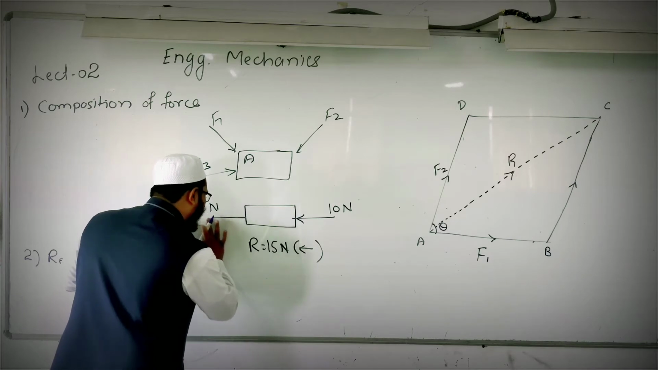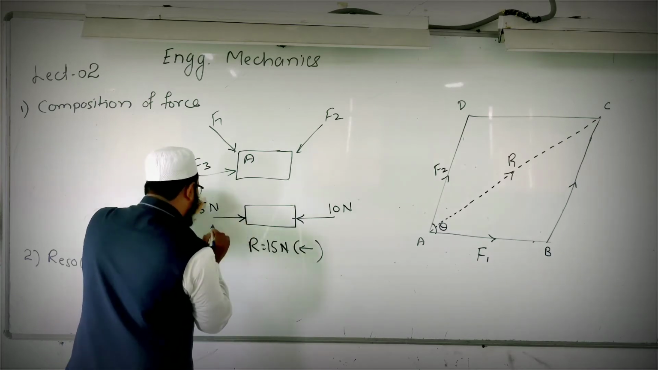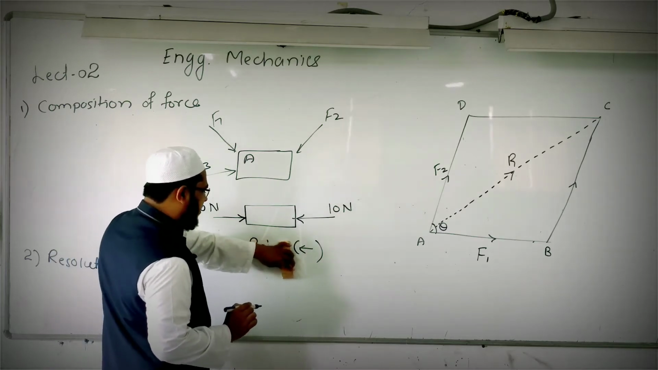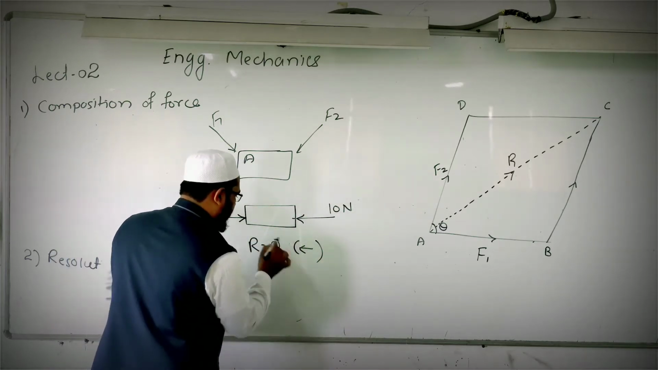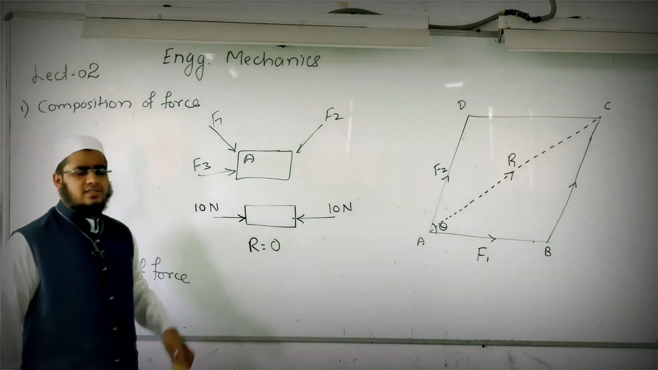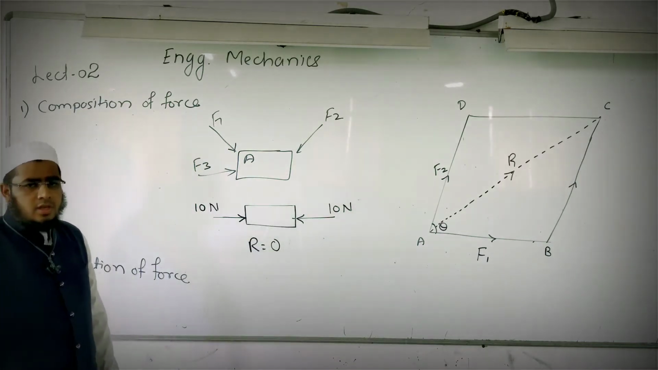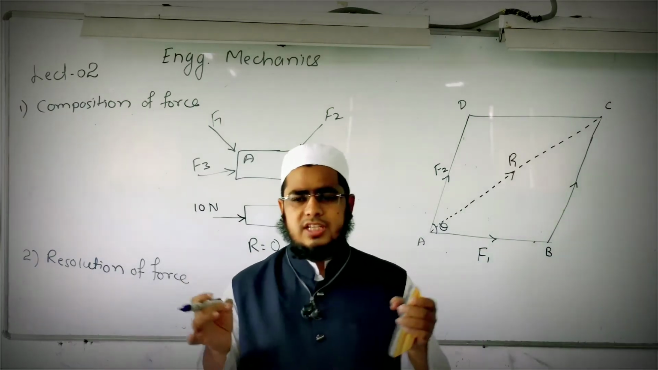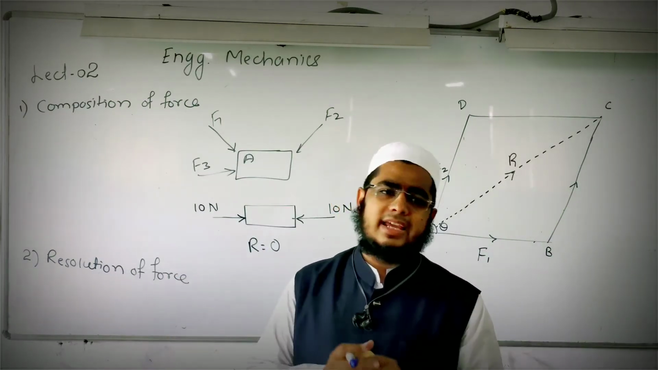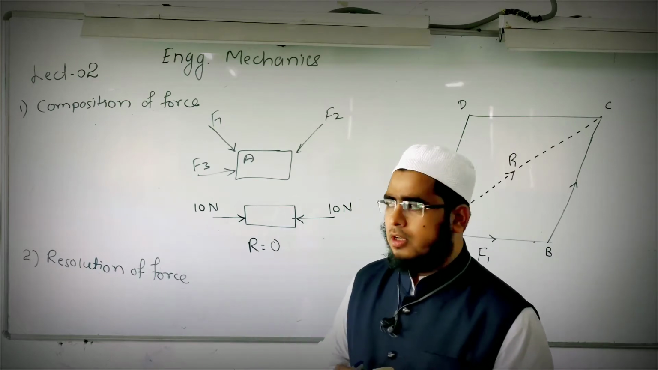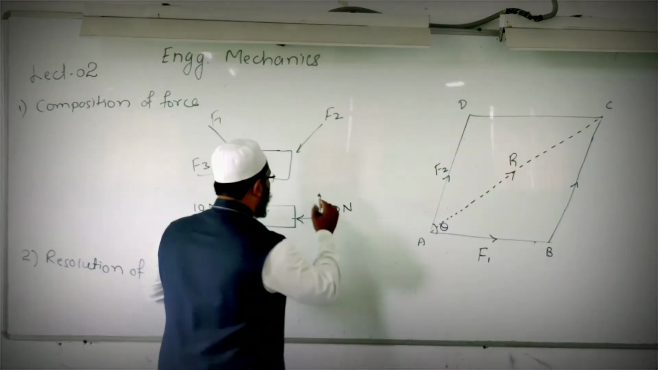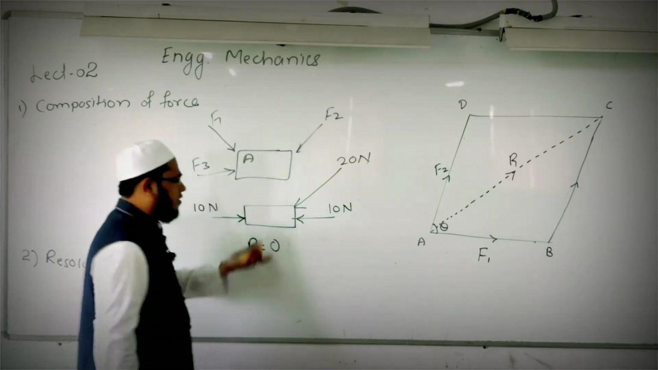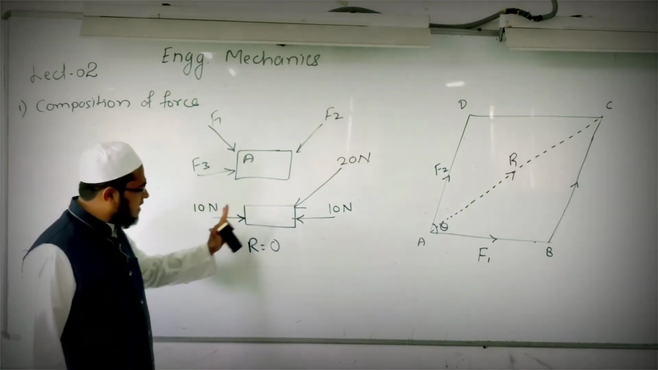Assume that it is in the opposite direction of 10, and the value is 10, then you will say that the resultant of this force system is 0, because both are cancelling each other. It is very easy to add and subtract when two forces are along the same line, collinear forces like this. But if another force of 20 Newton is acting, now it is very difficult to determine the resultant of these